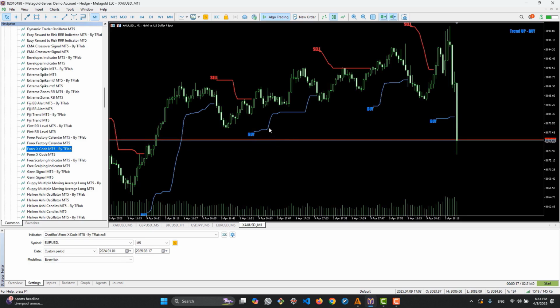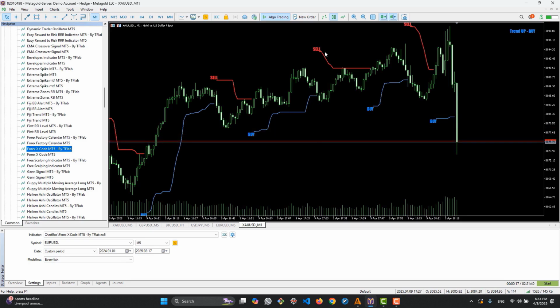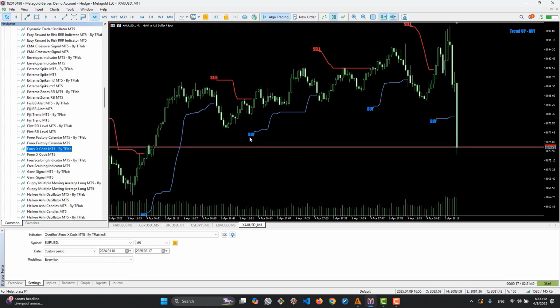When we have blue lines below the price, it indicates an upward trend. And when we have red lines above the price, it indicates a downward trend. Also, at the start of an upward trend, it types the word buy here for us, which we can